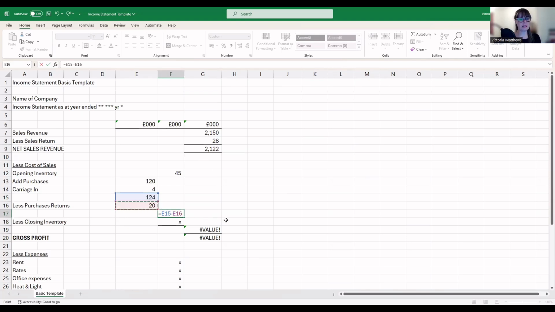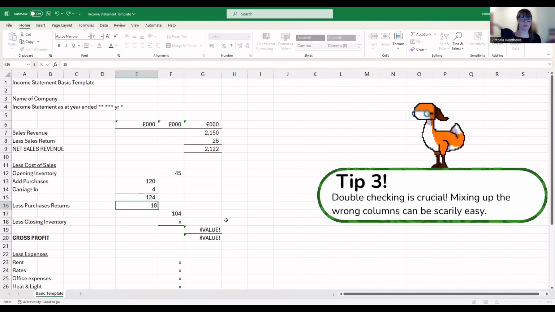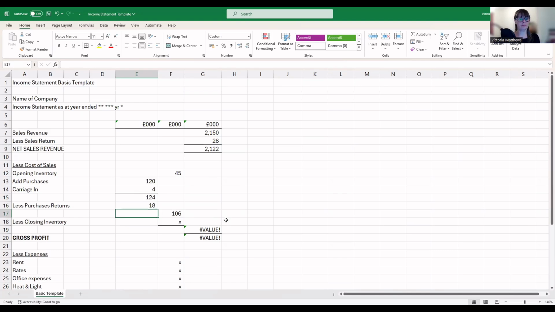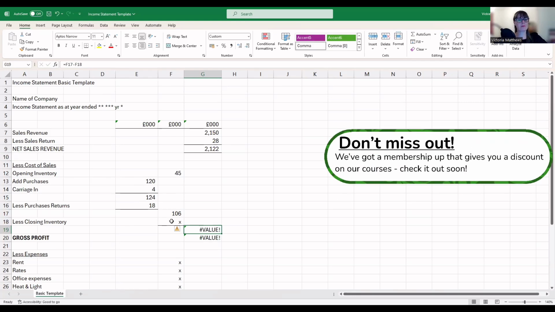Okay, so minus E60. There we go. And again, I can change, let's bring that down to 18, and my figure rises because I'm doing a minus calculation. Less closing inventory. See, because that's got value in here at the minute, I've already said, so my template, I know I want F17, which is my cost of sales figure so far. It's not finished yet. I'm going to minus my closing inventory, and that will give me my actual cost of